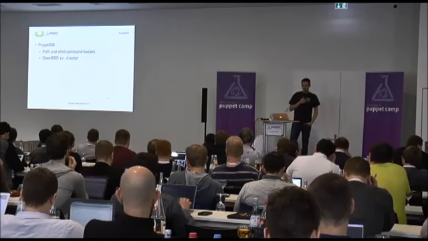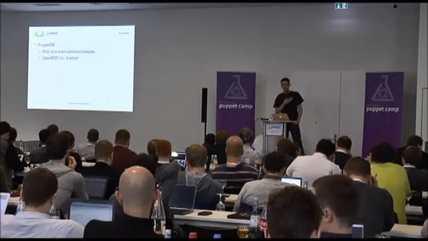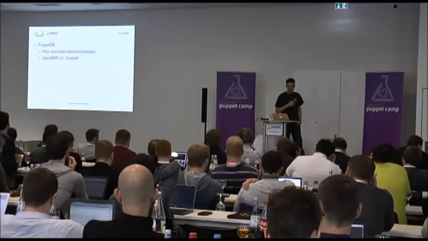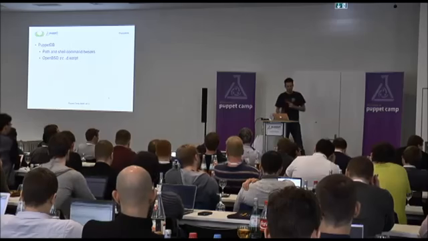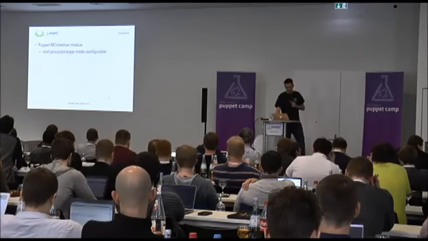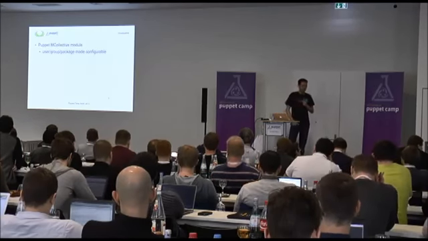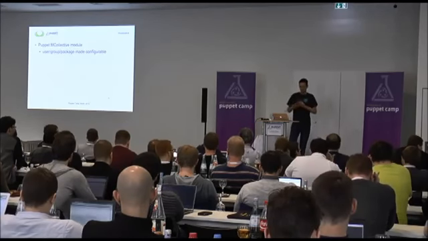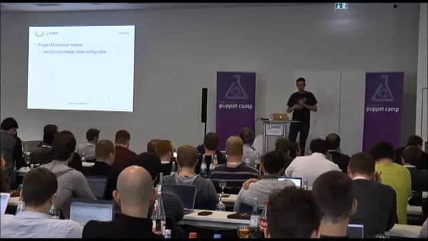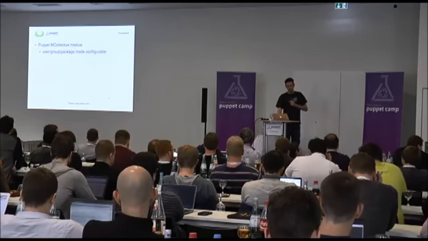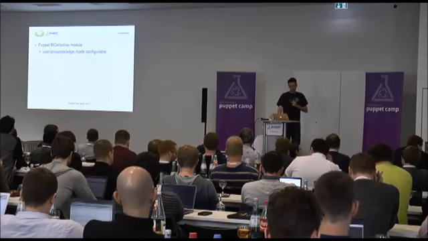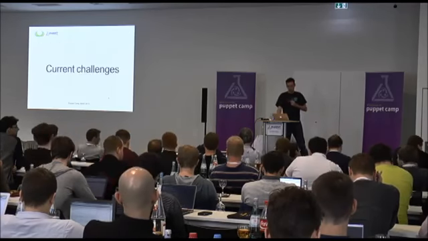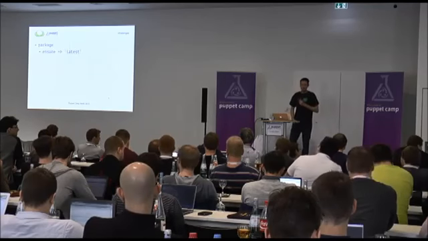PuppetDB, being a Java application, didn't need too much porting itself. It was just the rake files and installation scripts, and adding an OpenBSD rc.d script, which were the main efforts here. And actually, the Puppet MCollective module was a prime example of not being really portable. It worked great once these issues were fixed, and I'll quickly touch upon those in the next section. So, some outstanding tasks right now.